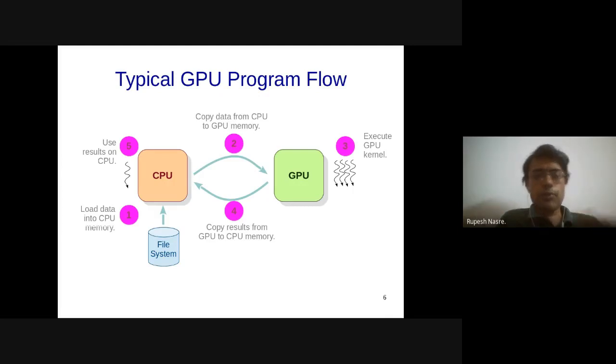So this overall processing allows us to think of CPU and GPU as working together for some common processing. So the CPU is taking charge of the overall initial processing, offloading the important, or maybe the parallel, parts to the GPU, and that is going to help in overall improvement of the execution time of the program. Otherwise, if I had run it totally on the CPU, I would have gotten some performance.